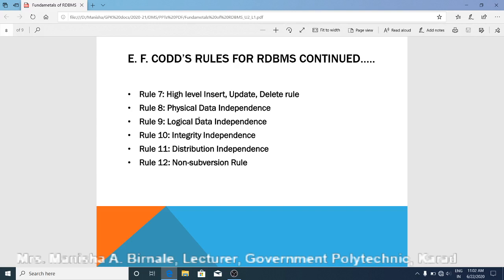Or suppose one table TT1 is split into two different tables, TT1 and TT2. If such logical data is changed by the database designer, there should be no impact on the application, and no change should be required in that application. This is called logical data independence.